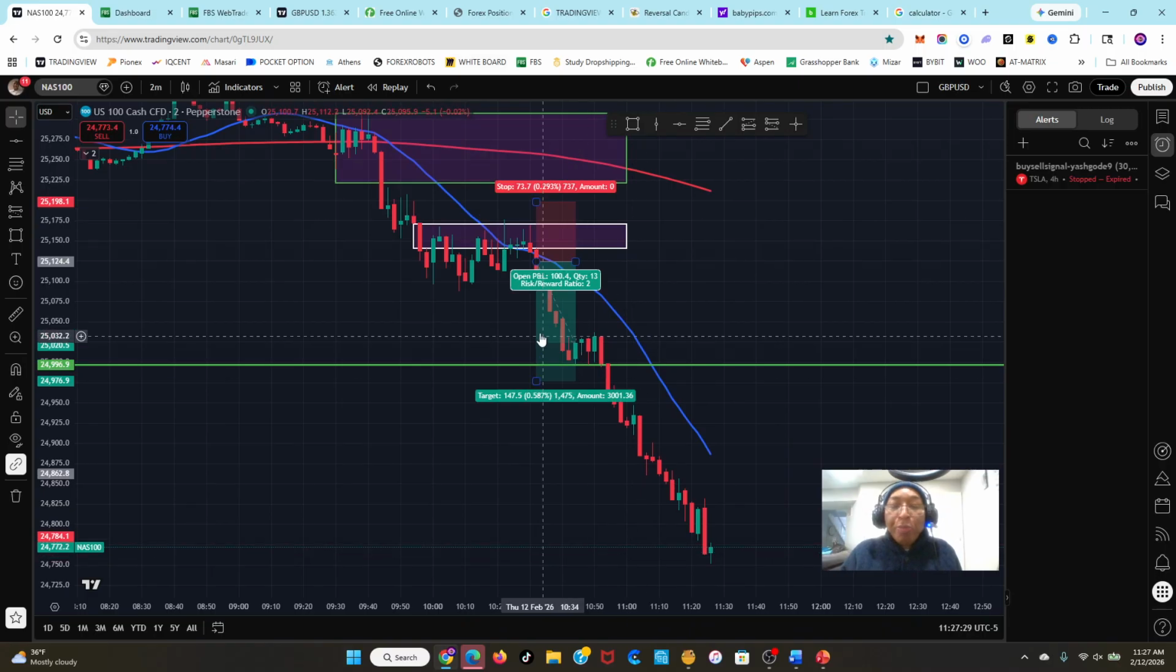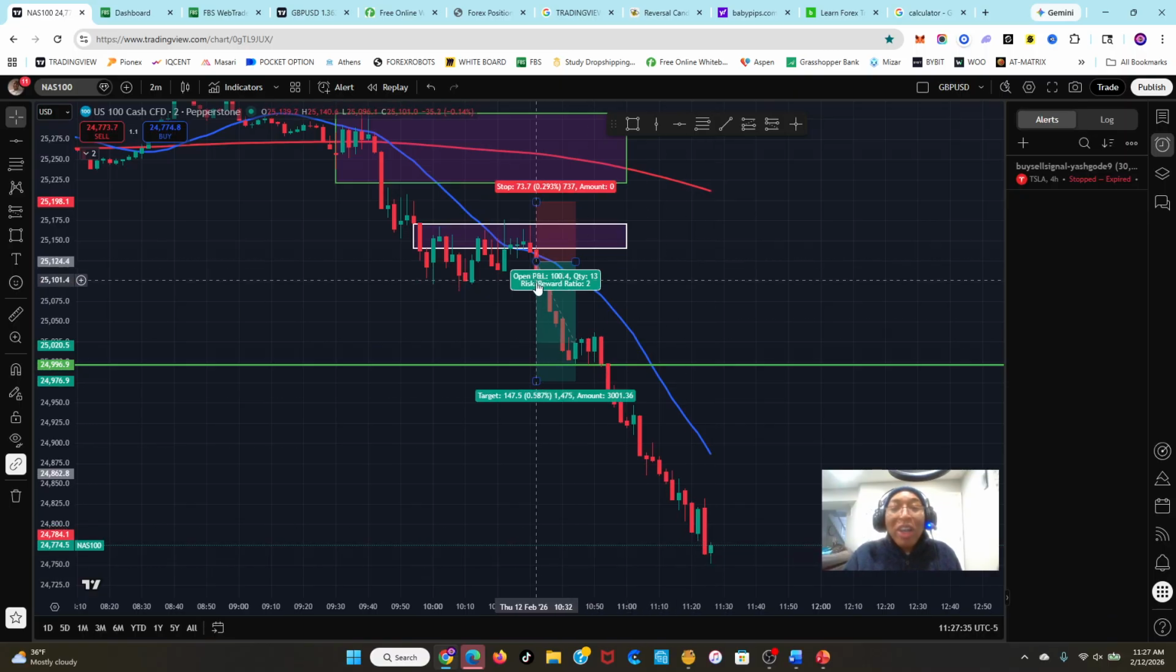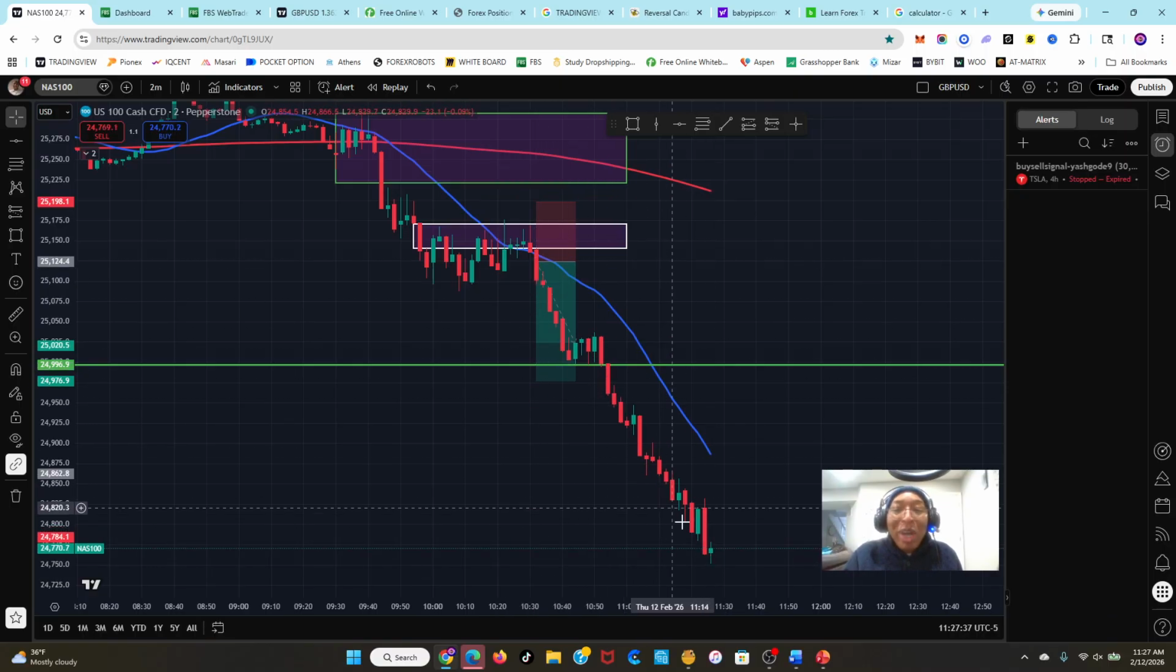Guys, look. We could have had a really, really massive trade today. We could have taken another trade right here. You can see 1, 2, 3. We could have taken another trade using this same strategy. 1, 2, 3. Then we come and mark